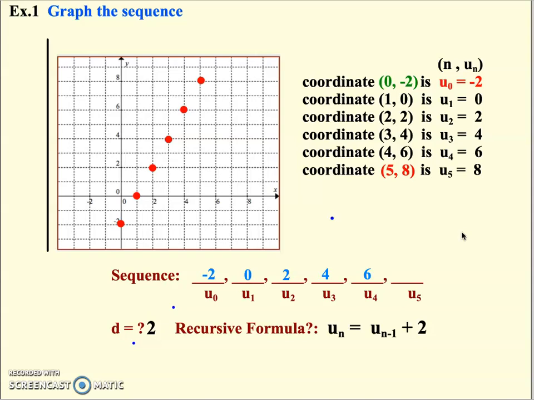So we can now take a set of coordinates that models an arithmetic sequence and say there are some things that we can actually match up with the idea of a line. First of all, does it look like a line to you guys? I'm going to go ahead and overlay that. It looks to me like this definitely would form a line. From a geometry perspective, what is the d the same as? Well, if you start counting from point to point and you go from left to right across the page, you're going to go up 2 over 1, up 2 over 1, up 2 over 1, up 2 over 1,